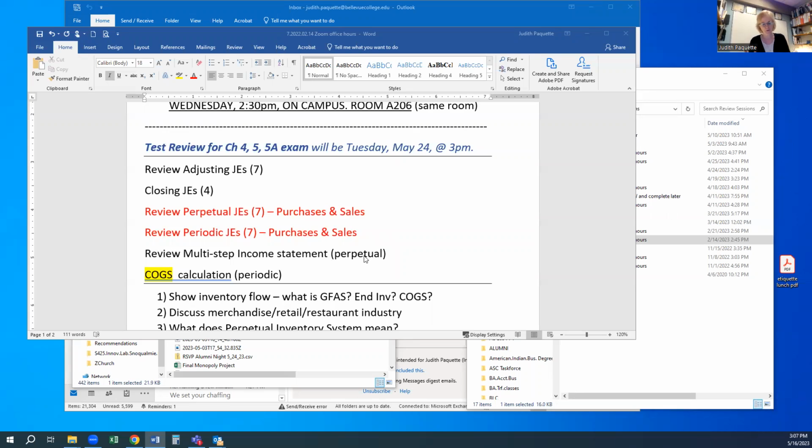Zara and Target. Okay, so if you go to either one of those stores, you'll get an email receipt or whatever, and it'll show you what you bought there. If you're at Target, maybe you bought shampoo, the receipts are quite detailed these days. And that is because Target and probably Zara are using a perpetual inventory system because they're tracking their inventory